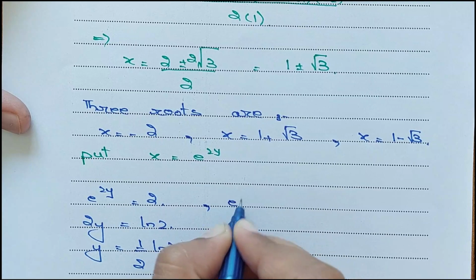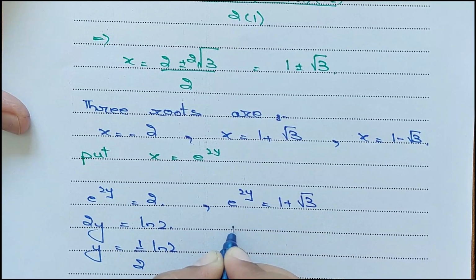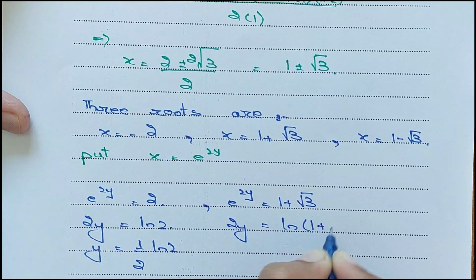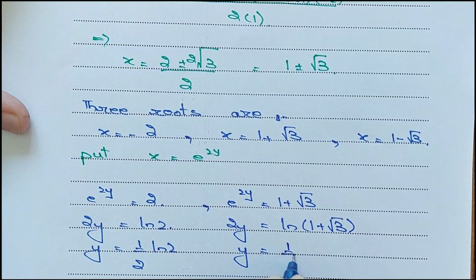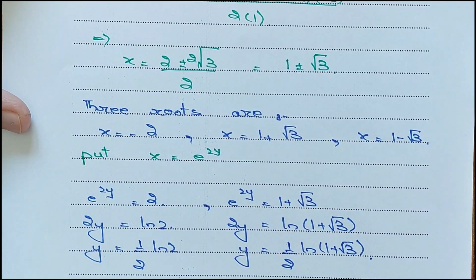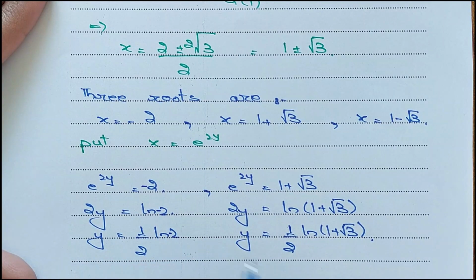Now e power 2y, this is 1 plus square root of 3, so 2y equals to ln of 1 plus square root of 3, and y is equals to 1 by 2 ln of 1 plus square root of 3, right? And sorry, this is negative 2, and a log of negative does not exist, this is undefined,